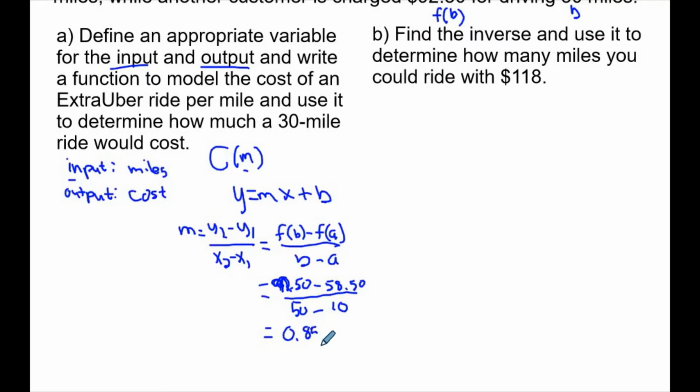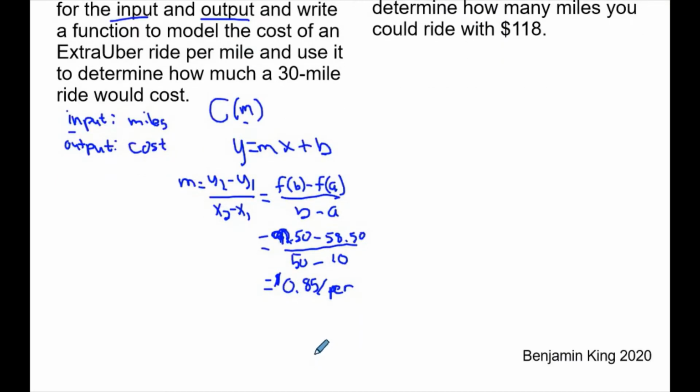Sometimes that's all that's asked, is what is the rate? And so you would say, well, that's 85 cents per mile. And that's sometimes, especially on an SAT, all that's asked. Okay, but in this case, they're asking for the whole function. So we're going to actually input that into y equals mx plus b. So y is equal to 0.85